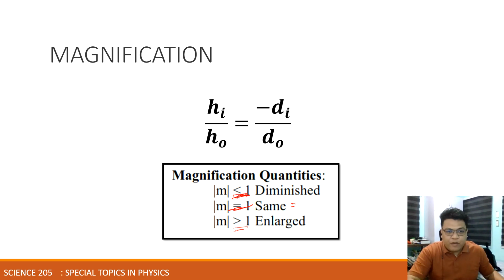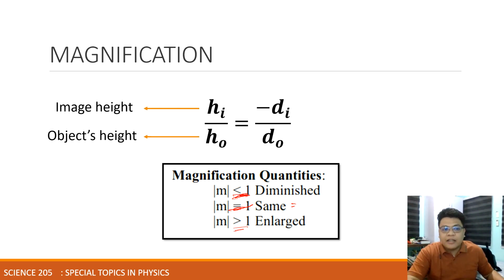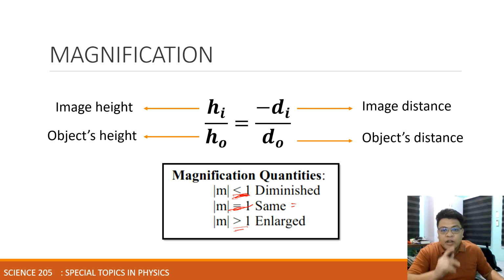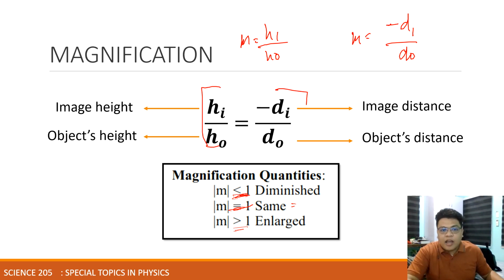So this formula we have here: image height over object's height is equal to the image distance over distance of object. So those three formulas: the magnification is equal to height of the image divided by height of the object, and also the magnification equals the negative distance of the image over distance of the object. And this formula, ito po yung tatlong formula, this is the three formulas that we can use in solving the next word problems. Okay po? So let's now try answering different sample problems.